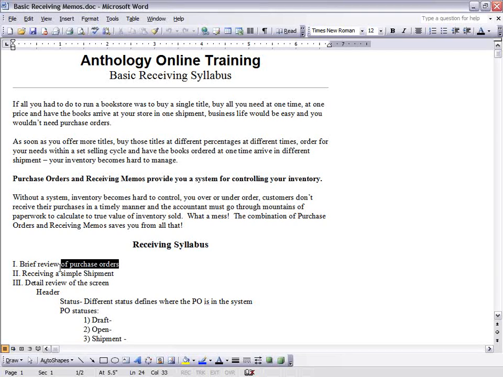Brief review of purchase orders. That would be from Tuesday. Then I'm going to go ahead and do a simple shipment so you can see what that looks like. I'm going to go through the details on the screen, but not like I did in purchasing. I'm just going to go through what's different from purchasing